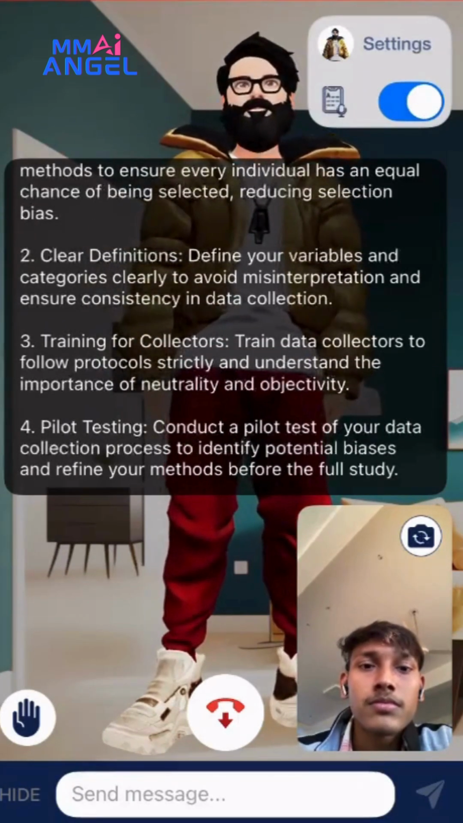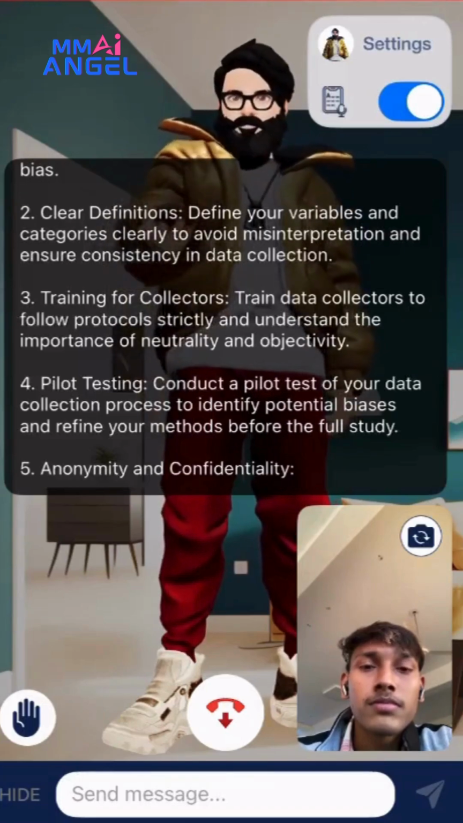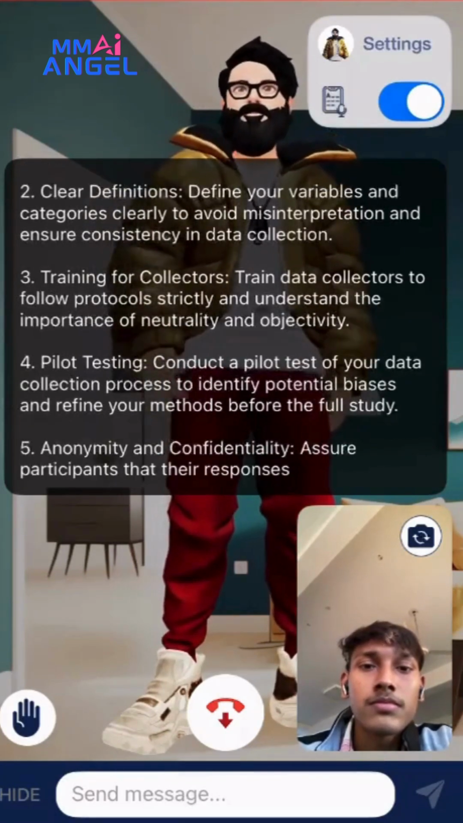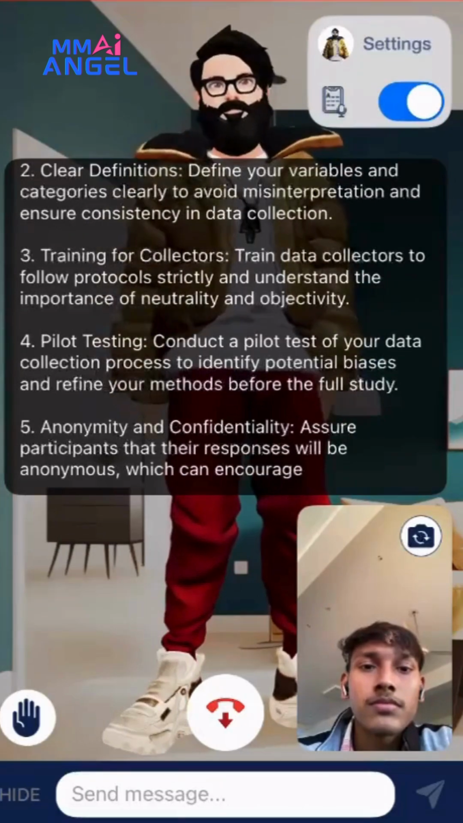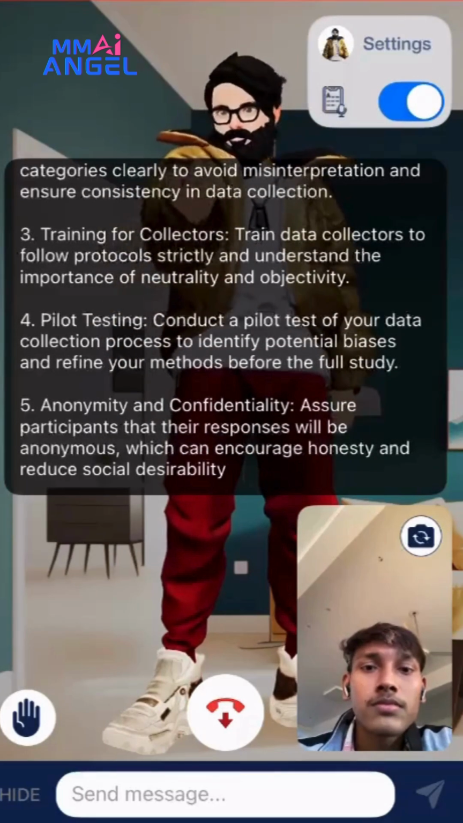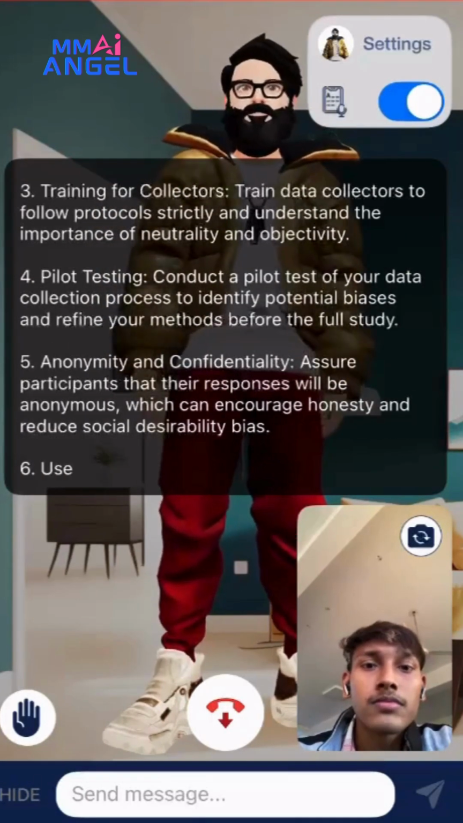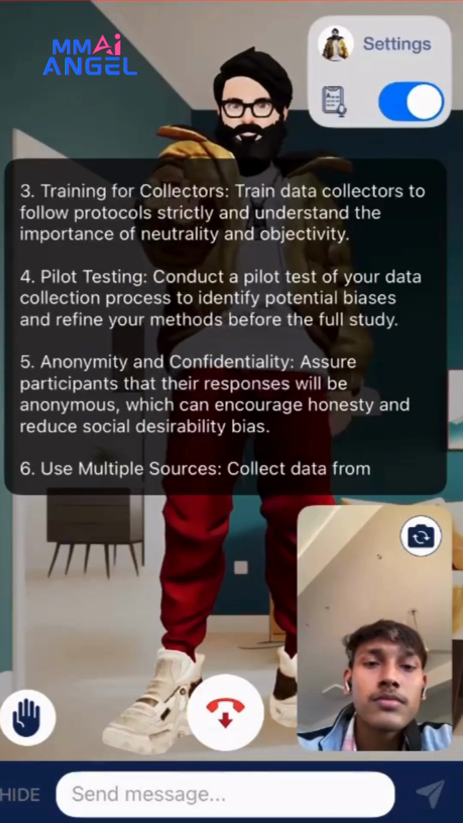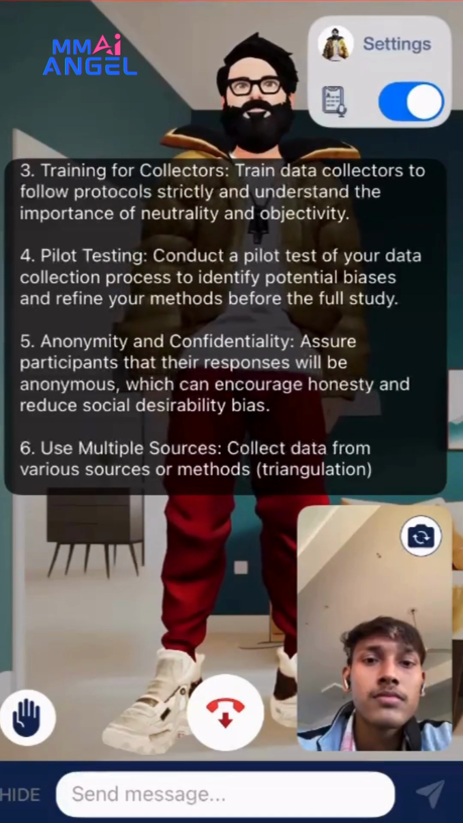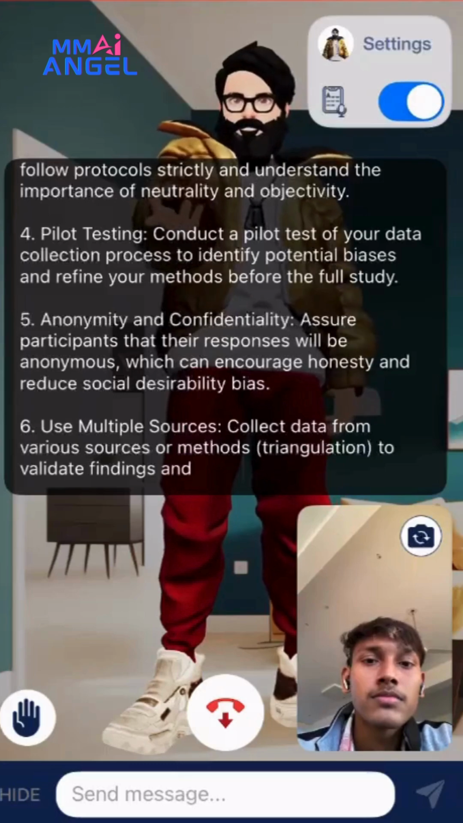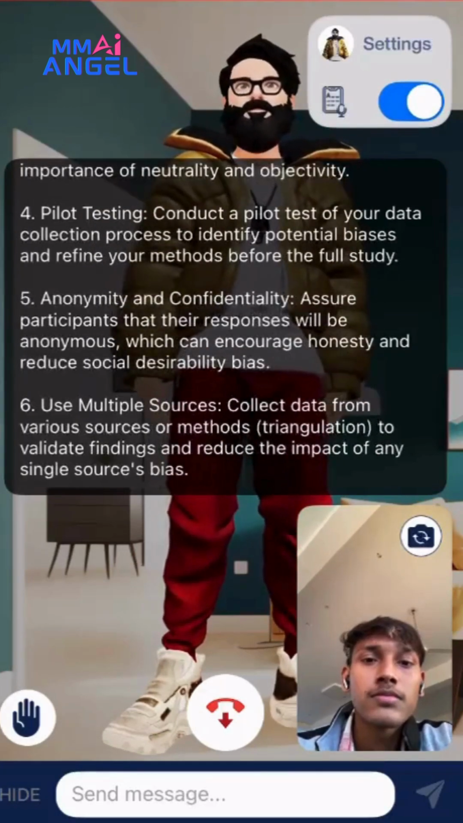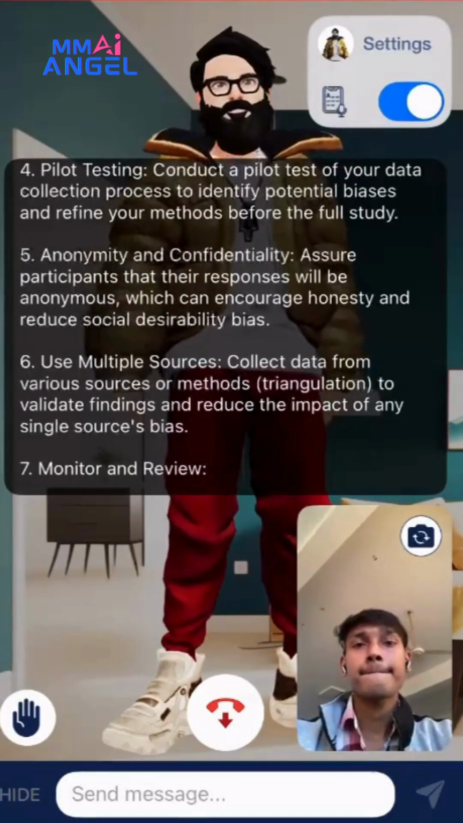5. Anonymity and confidentiality. Assure participants that their responses will be anonymous, which can encourage honesty and reduce social desirability bias. 6. Use multiple sources. Collect data from various sources or methods, triangulation, to validate findings and reduce the impact of any single source's bias. 7. Monitor and review. Continue